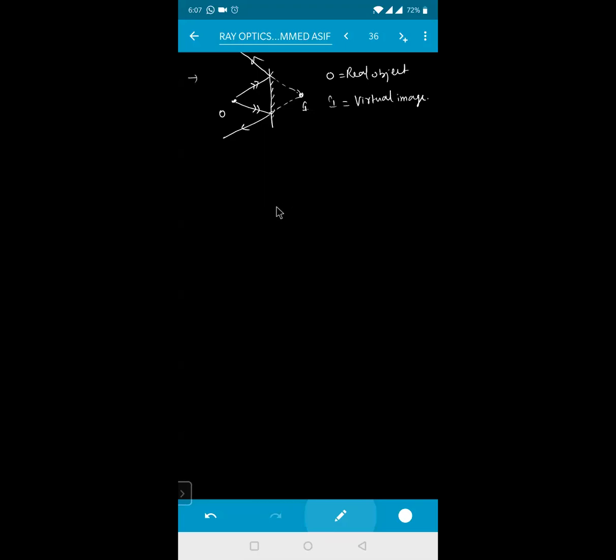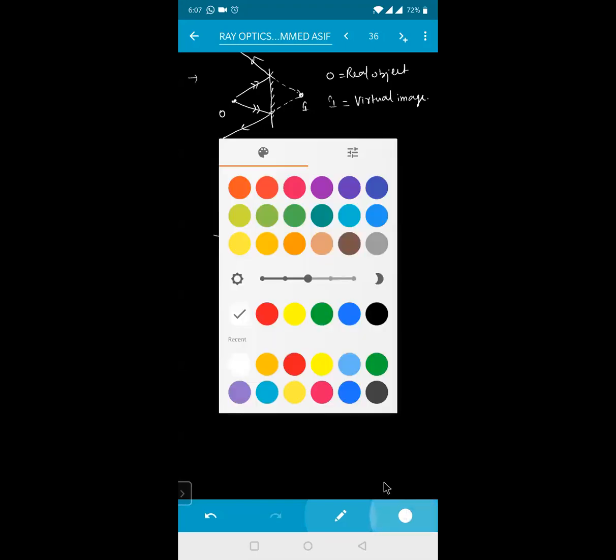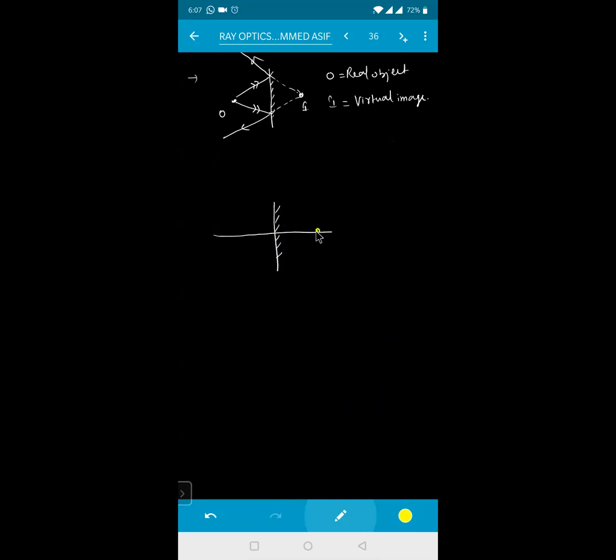Virtual image. Now see, if the mirror is right now somewhere here like this, and this is your principal axis, and the object is somewhere in front of this one right now here. Okay, and its image formation will be somewhere here. You know that this will be the object which is on the other side. So this ray of light, say for example, might have been coming from infinity or from a very large distance, but it appears as if they have been converging at a point O. Because of this O, the image formation is happening here, because from here it will get reflected back like this, and here also it will be reflected back right now here like this.